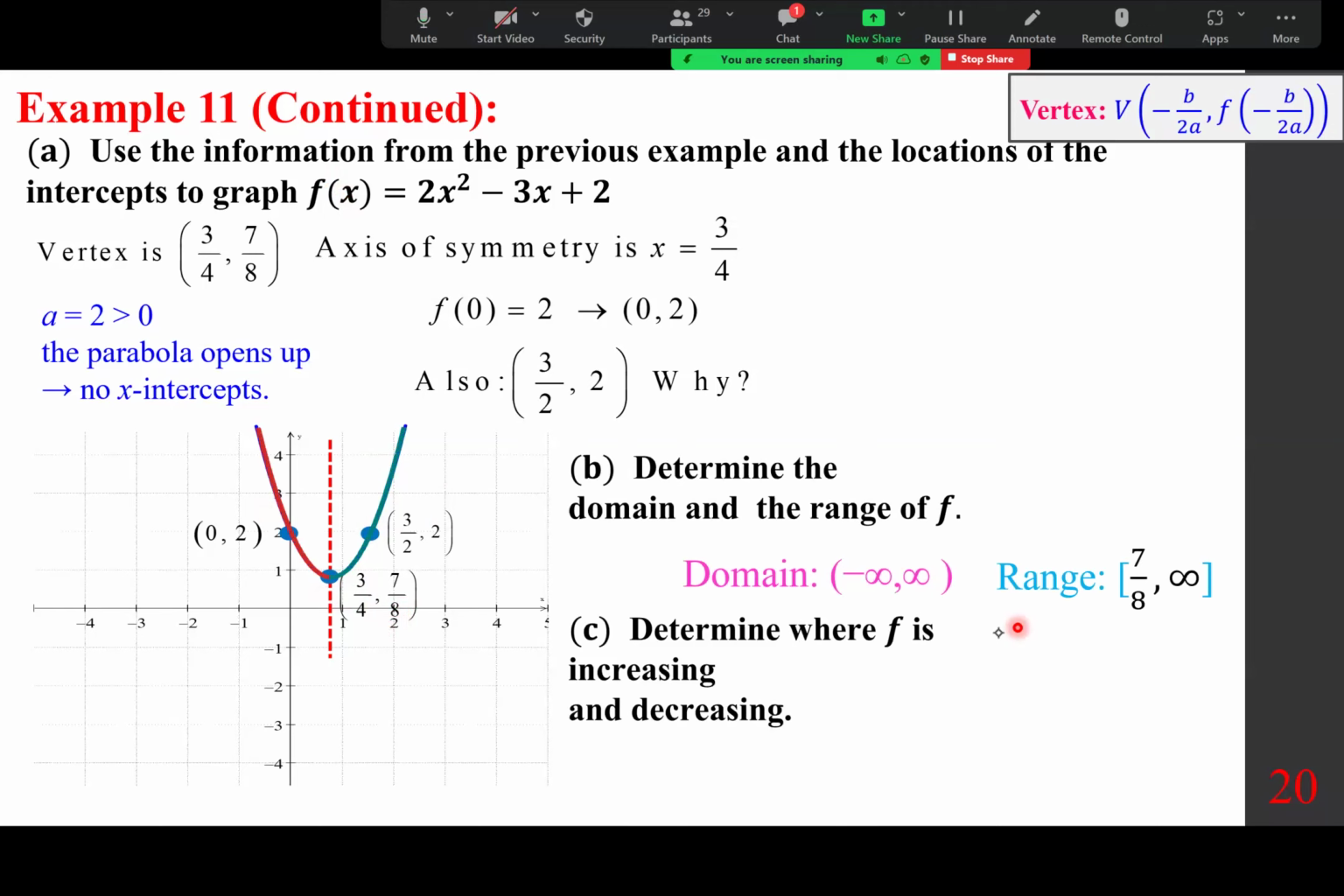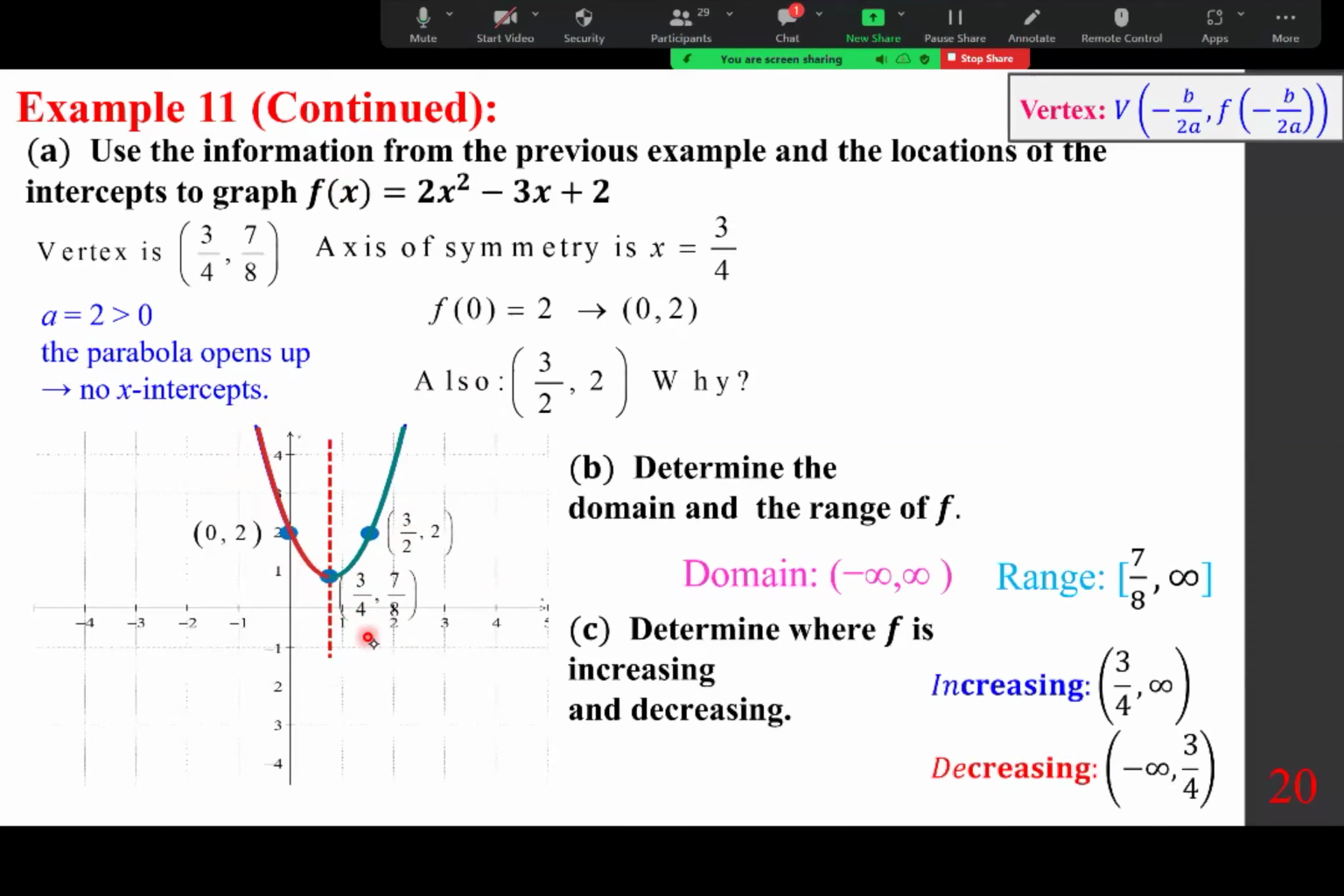Where is it increasing? The function is increasing here, the green one from 3/4 to infinity. It's decreasing here, the red one from negative infinity to 3/4. And again, obviously, there is no x-intercept, but you can work it out and you see there is no x-intercept